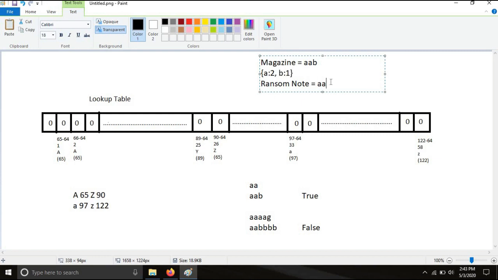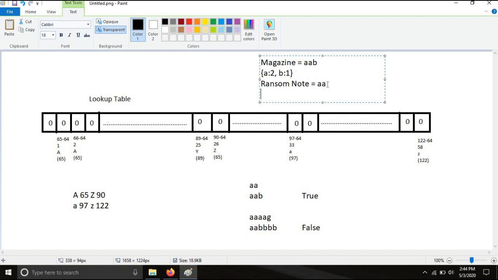Now we will iterate through ransom note and check whether each and every letter is present in this magazine table or not. And we will also keep track of the count. Whenever a character is encountered, we will decrease the value of that character in this table.